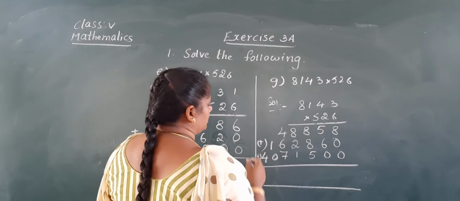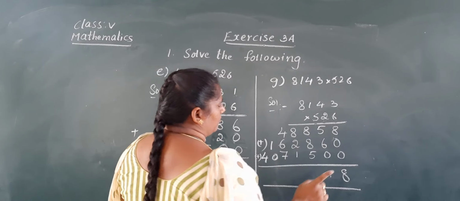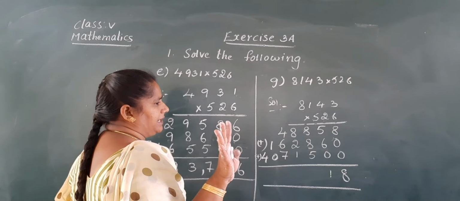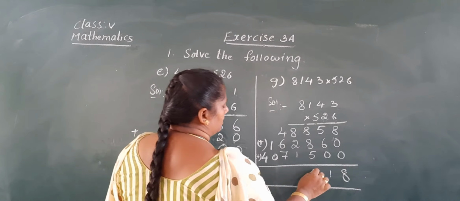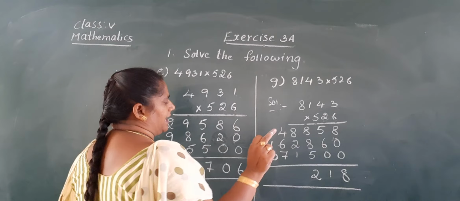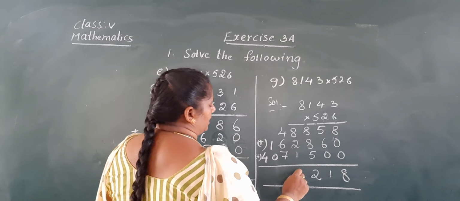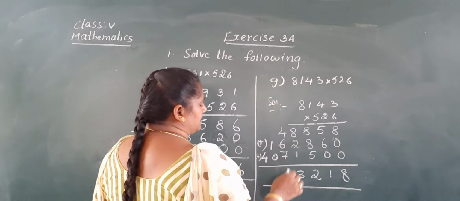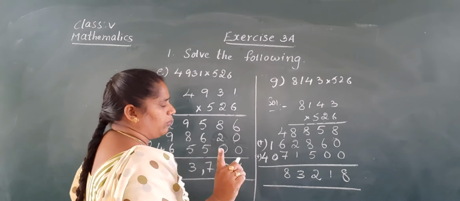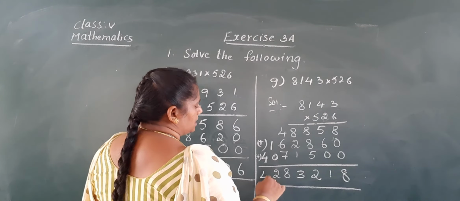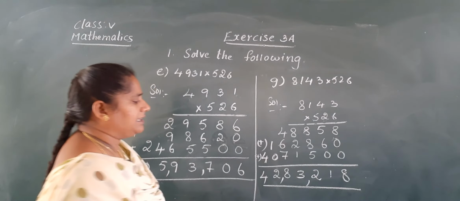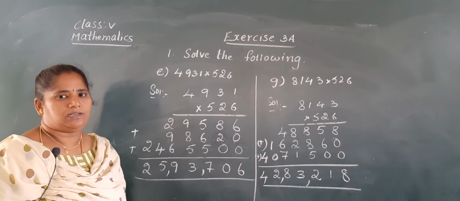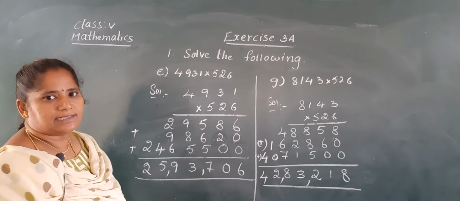Plus, plus. So, 8, 11, 1 in hand. 1 plus 8, 9. 9 plus 8, 17. 17 plus 5, 18, 19, 20, 21, 22. 2 in hand, 2 is down. 2 fingers, 8 after 9, 10. 10 plus 2, 12. 12 plus 1, 13. 1 in hand, 3 is down. 1 plus 4, 5. 5 plus 6, 11. 11 plus 7, 18. 1 in hand, 8 is down. Take 1 finger, 1 after 2 and 4. So, 42,83,218. So, my dear children, write neatly, Nana, in your classwork and give some gap between the digits.